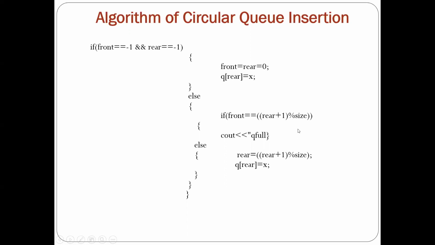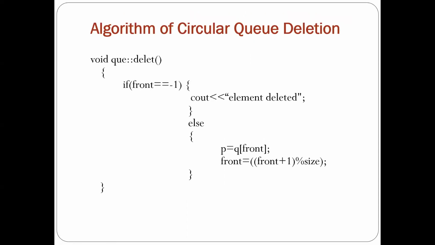Again, I have already created separate videos related to the circular queue, linear queue, and double-ended queue. In detail, you can watch those videos. But here I am going to explain in short. So this is related with the deletion. In the deletion also, whenever we want to increment the front end, instead of the normal incrementation, again we take the modular incrementation.